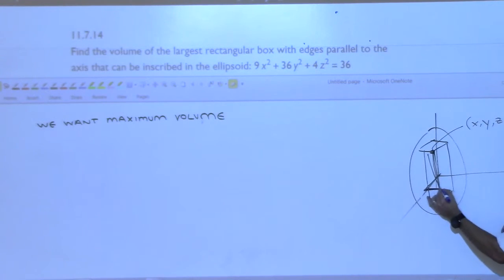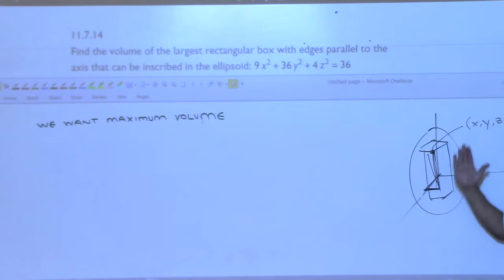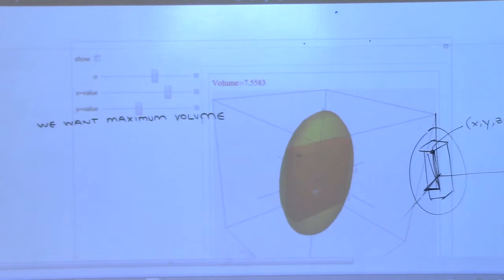When we have this x, y, z coordinate and that goes to the edge, we're only in one of the octants, right? So the box goes down to the ground, but then past the ground on the other side. It goes backwards past the plane, this wall, and backwards. It's hard to see here. Even when I bring up this picture, it's difficult to see it, but, well, you know what? Maybe I can,